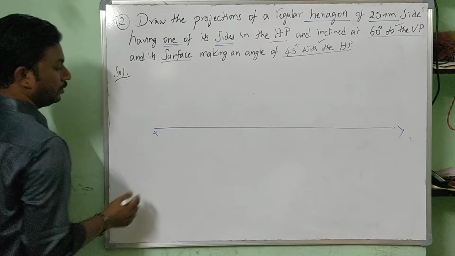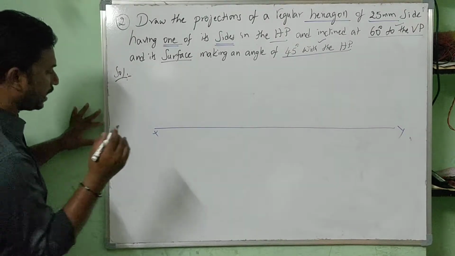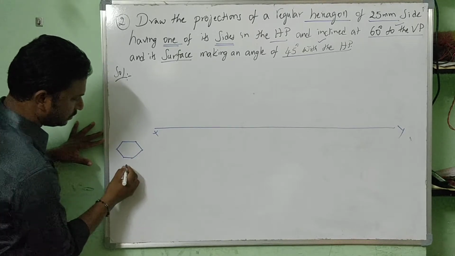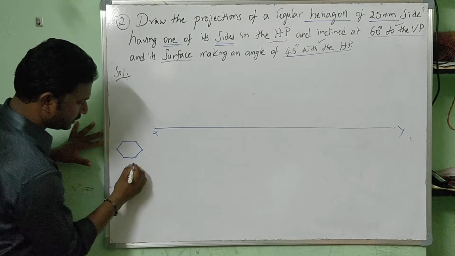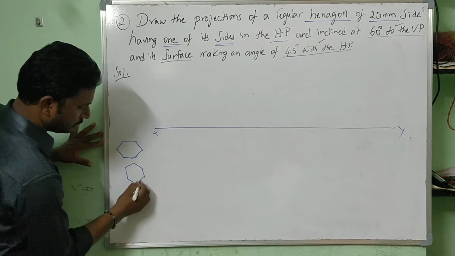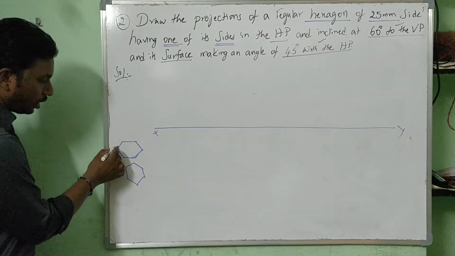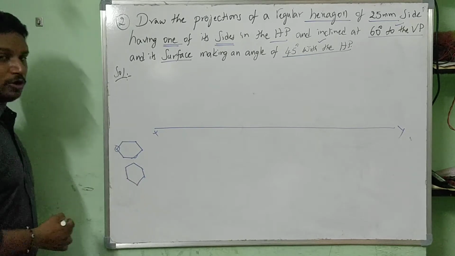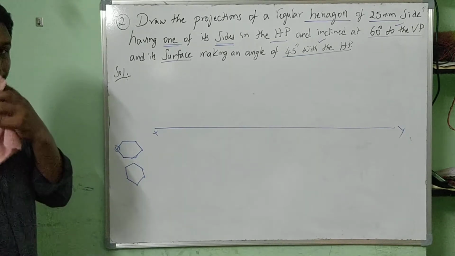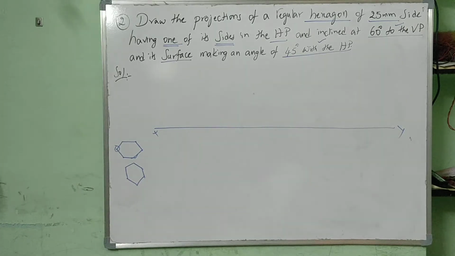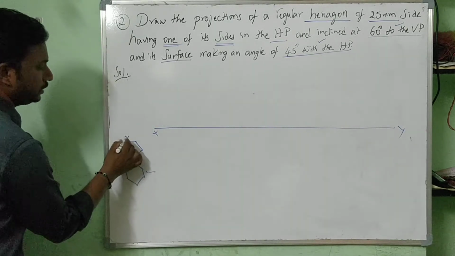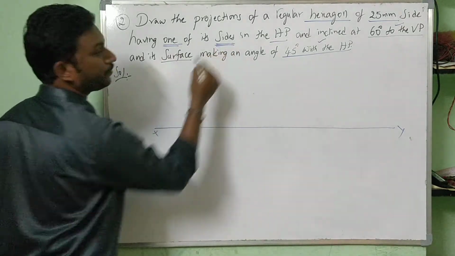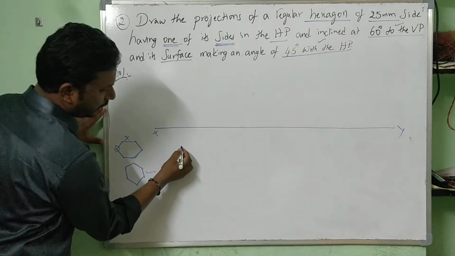XY line. How to draw the hexagon? I already have shown there are two styles of drawing hexagons. One is this one, another is this. Corner on HP means we have to follow this shape. Side on HP means we have to follow this. Already we have practiced it. So I hope you all remember that we are supposed to follow this one, not this one, because we are not going with corner, we are going with side. So this shape, hexagon,